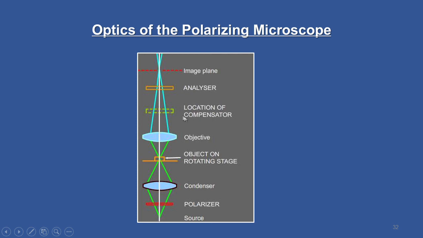Here we will see what is the function of a retarder. The retarder will give a specific phase shift between the ordinary and extraordinary ray, and then you will get the relative retardation because the ray which is coming out of the specimen will be compared, and then you will get the material characteristics. So, you have the analyzer and then finally the image plane. At the image plane, both rays are interfering and then producing the contrast.